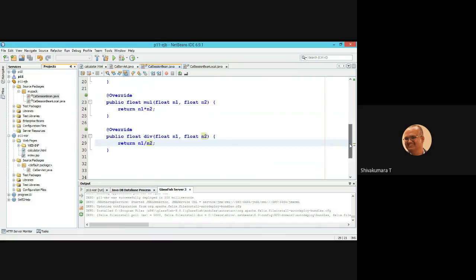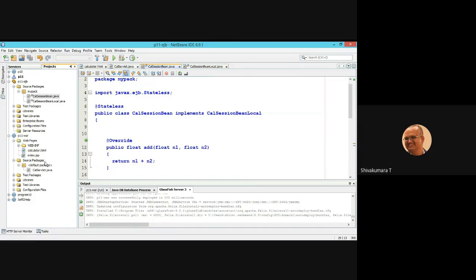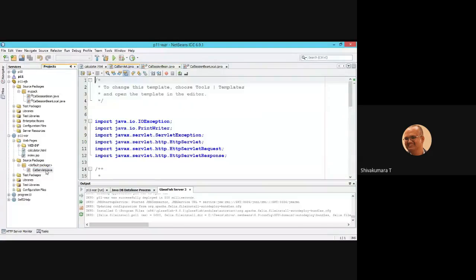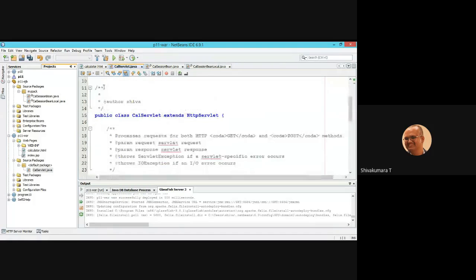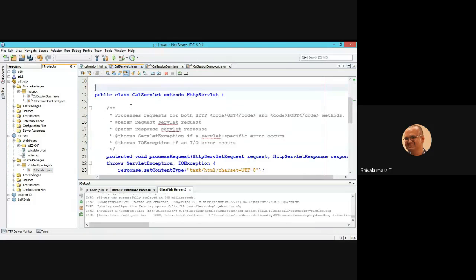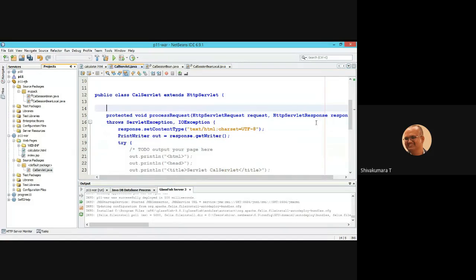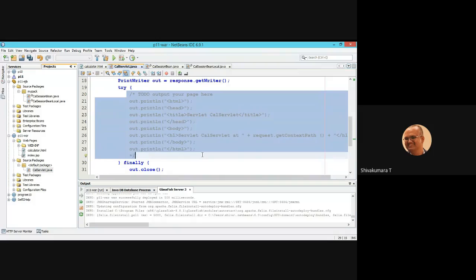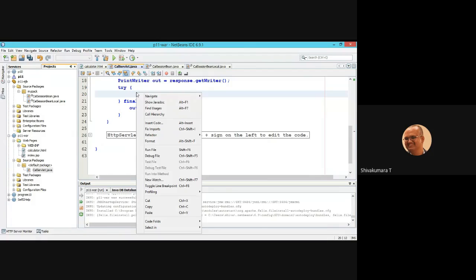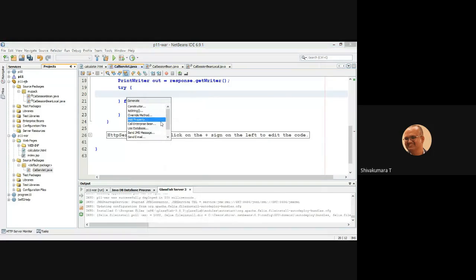Now these business methods are going to be used in your servlet file, that is calservlet.java. Now right click, an important step, notice this: right click, insert code, call enterprise bean.